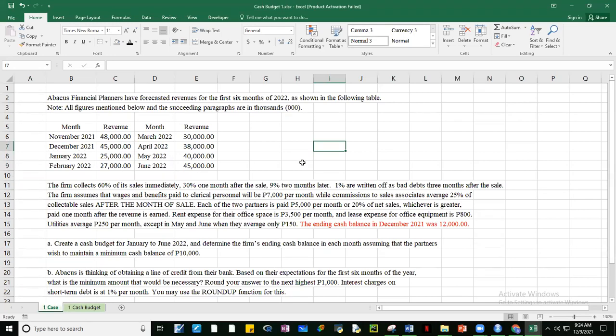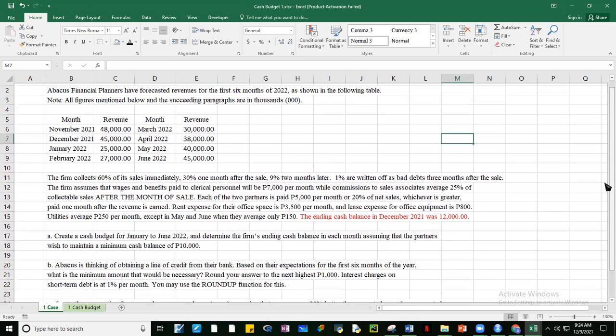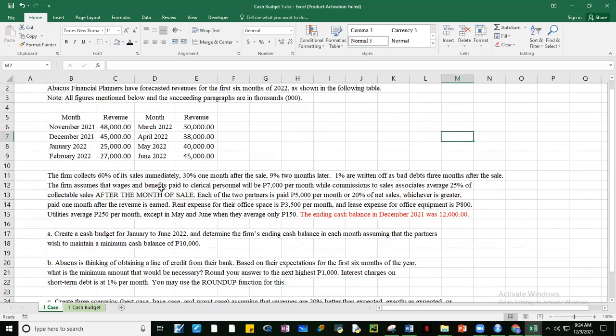These are forecasted revenues. And we're given the actual figures for November and December of this year. So these are historical figures. These are not forecasted figures. And we said that the collection policy of the company is that they will collect around 60% of their sales on the month of the sale.